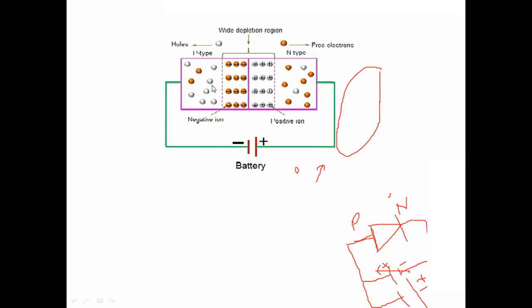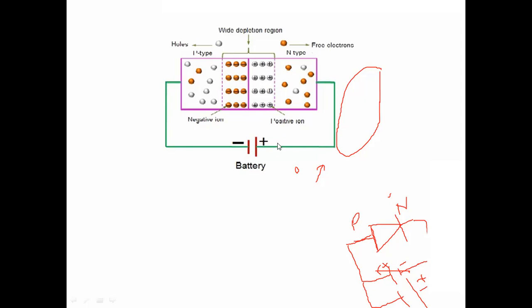But in the P type we have minority charge carriers, electrons. In the N type we have minority charge carriers, holes. Because of these minority charge carriers, on the P side and the N side, they will try to cross this junction and break this junction, and a small amount of reverse current starts flowing. That reverse current is due to the reverse bias voltage.